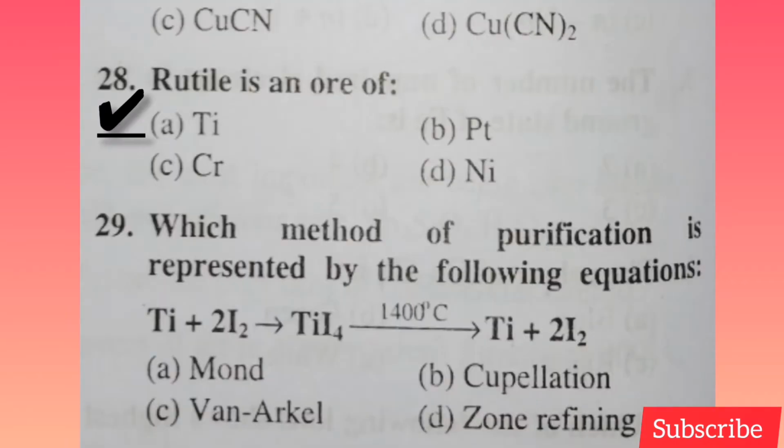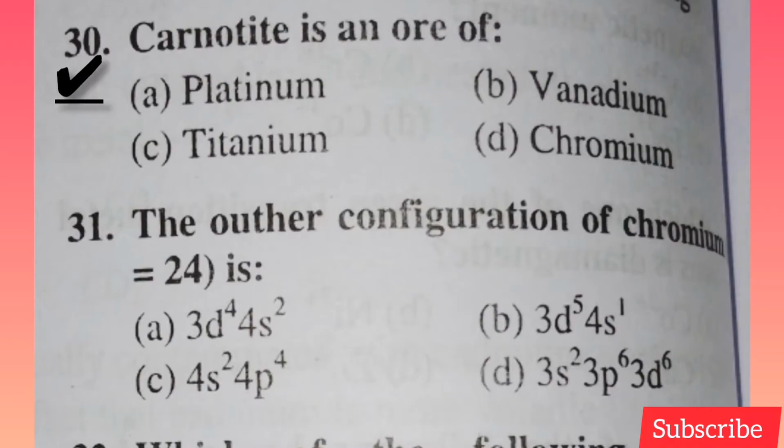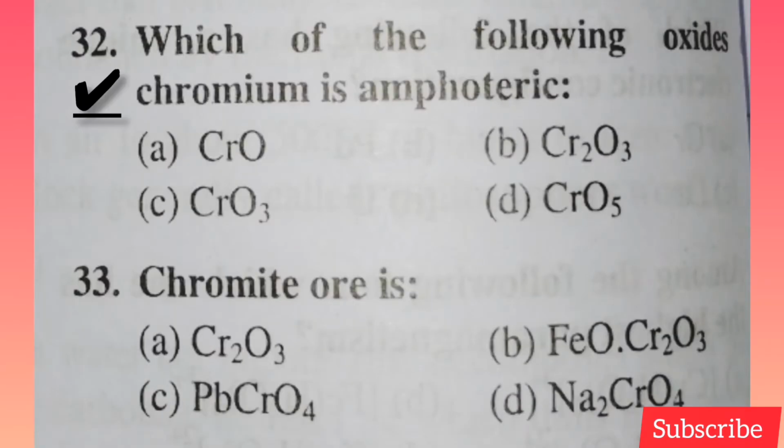Rutile is an ore of, option A is correct, टिटेनियम का ओर होता है रूटाइल। विच मेथड ऑफ प्यूरिफिकेशन इज रिप्रेजेंटेड बाय द फॉलोइंग इक्वेशन, इन दिस क्वेश्चन ऑप्शन C इज करेक्ट, वैन आर्कल। नेक्स्ट क्वेश्चन कार्नोटाइट इज एन ओर ऑफ वेनेडियम, ऑप्शन B इज करेक्ट। द आउटर कॉन्फ़िगरेशन ऑफ क्रोमियम जिसका एटॉमिक नंबर 24 है, उसका आउटरमोस्ट जो कॉन्फ़िगरेशन है वो होता है 3d5 4s1, मतलब ऑप्शन B इज करेक्ट।